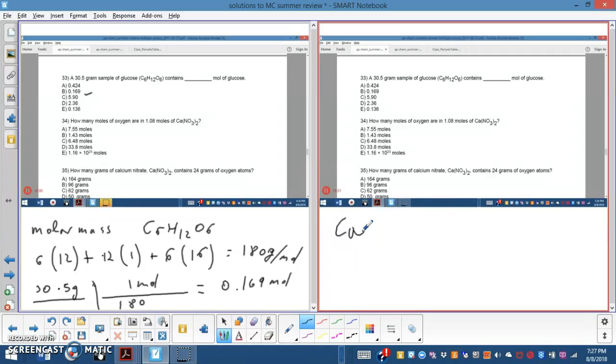So you got your calcium nitrate, and you need 2 of those, so that's what the formula is. So if you have 1 mole of this, because you have a 1 in front of this, you have a ratio of 1 calcium to, they say oxygen, to 6 oxygens. And you're dealing with, so that's